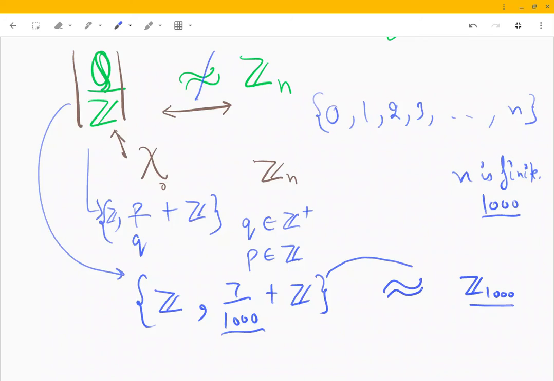So a subgroup of this can be isomorphic to Zn, but this entire group will not be isomorphic to Zn, right? Right. Yeah,